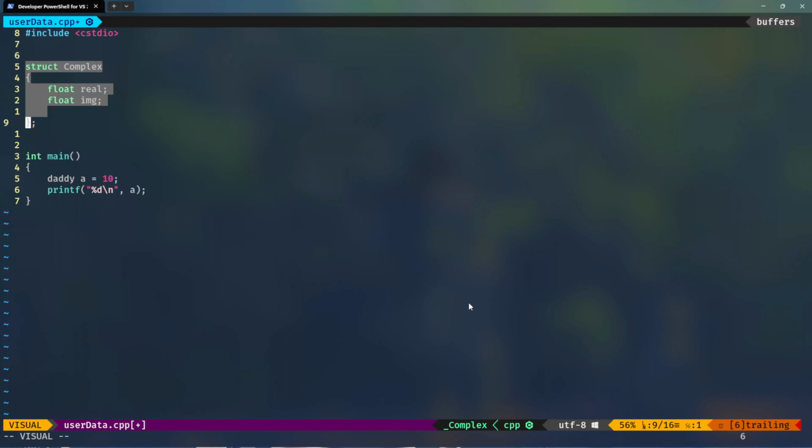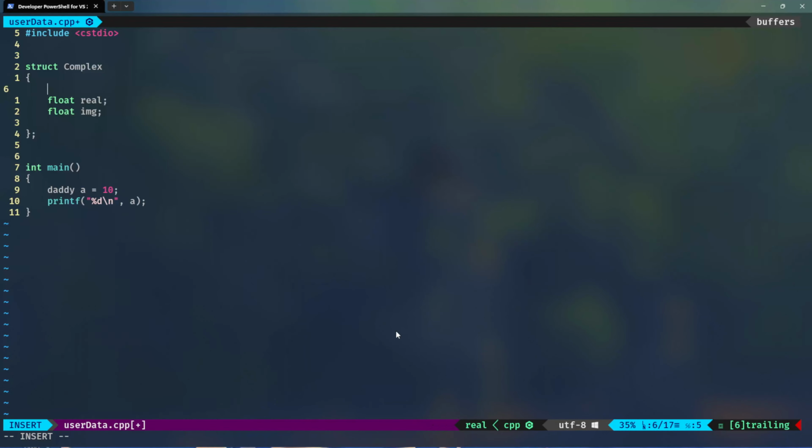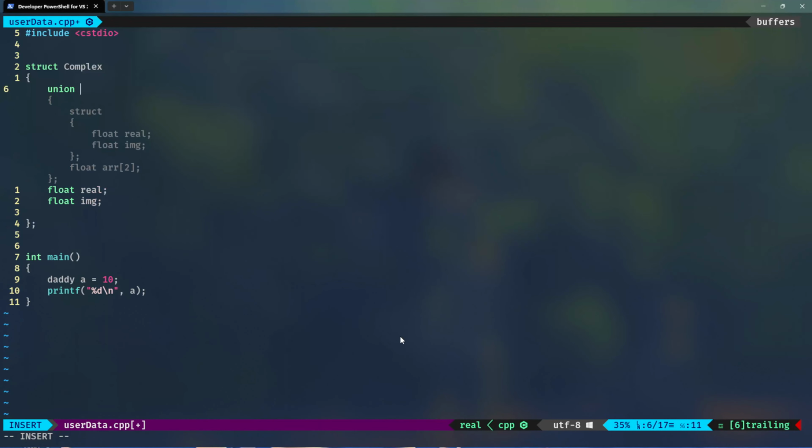I will get into more about structs a little bit later, but let me first introduce you to unions. The only difference is that in a struct, these values have separate fields altogether, but in a union they are put in a compact mode. That means they refer to the same thing. For example, in this struct, I have a float real and a float imaginary. But what if I don't want to use it like that? I want to have other aliases for this name. So what I can do is define a union,